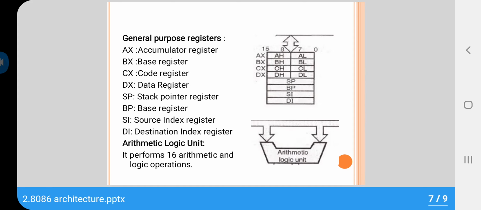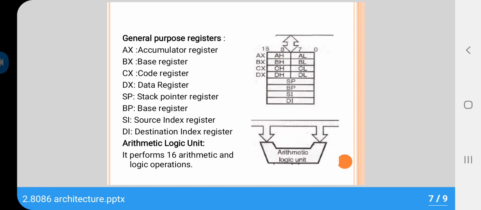Source index, that is SI, and destination index, that is DI. These registers provide 16-bit offset address to obtain the address of data to be moved from one location to the another, and these work along with data and extra segments.